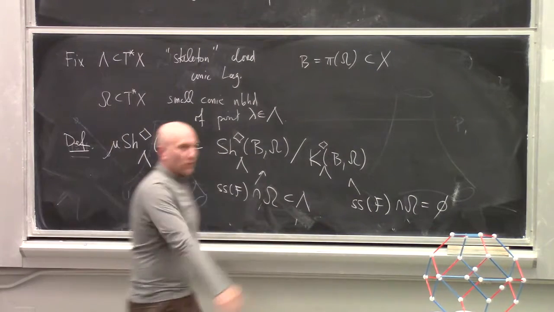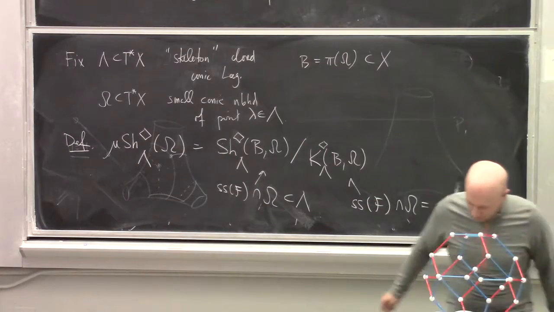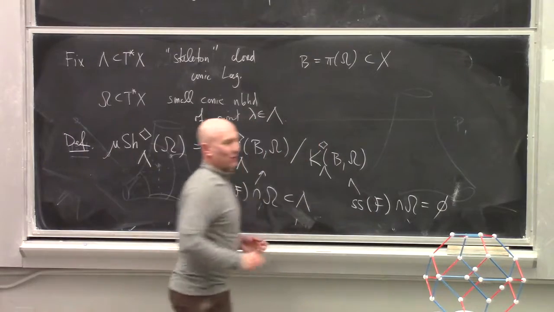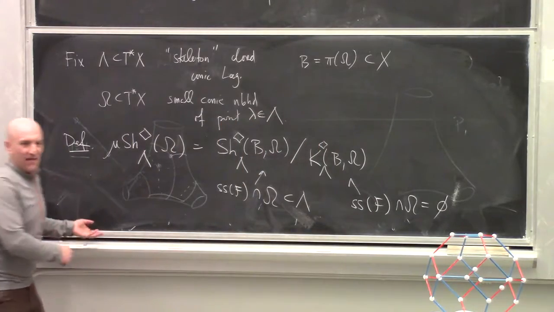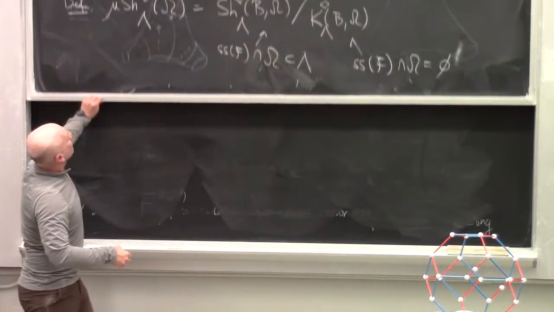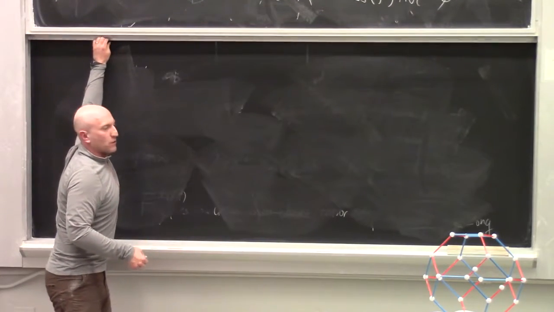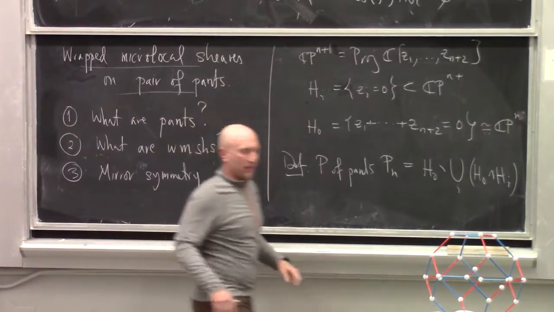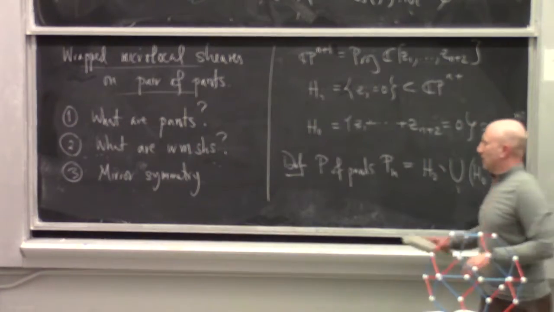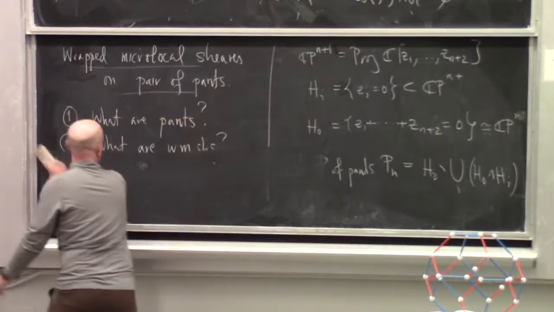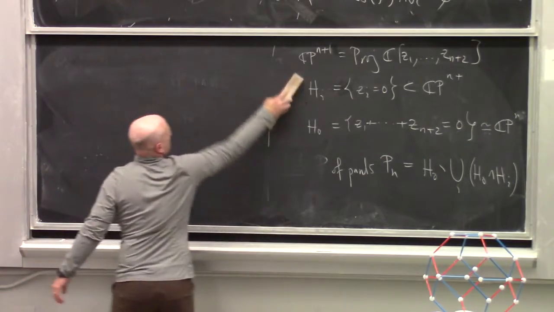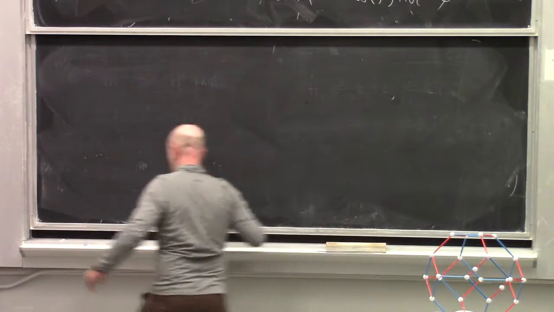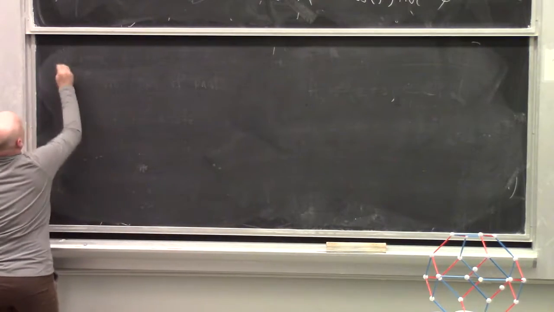I don't know whether it's useful to put up such a definition, but I feel like at some point one really wants to know what someone is talking about when we're talking about microlocal sheaves, and this is it. Now let me tell you some formal properties that make you think this isn't just some ad hoc definition. These are formal properties that Kashiwara-Shapiro's theory of contact transformations tells you. So maybe I'll list three good properties.